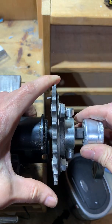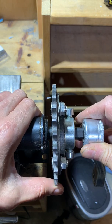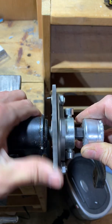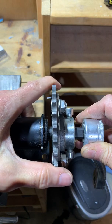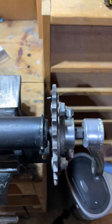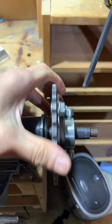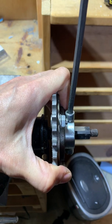But if you're not pedaling and just using the throttle, the sprocket is straight. It's spinning really straight and there's no issue there. The issue is when you're pedaling. So a way to fix it, or not fix it, but make it better,